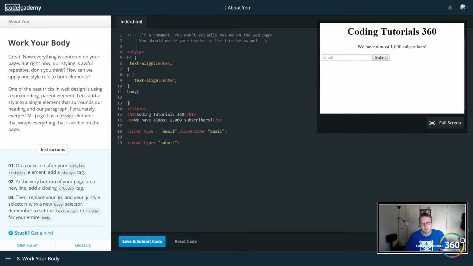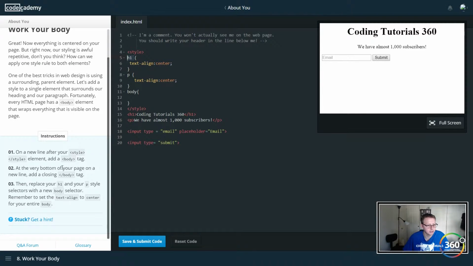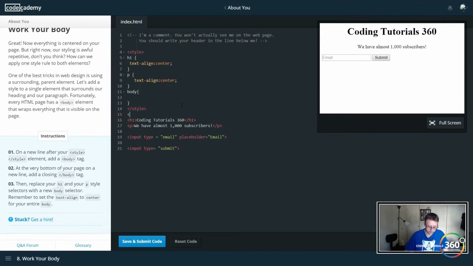And typically we would probably be giving our inputs names and classes instead of overriding all H1s, but that's not what we're worried about right now. Then replace your H1 and P selectors with the new body selector. Remember to set the text line to center for your entire body. So I think what they want us to do right here is just do a body, and